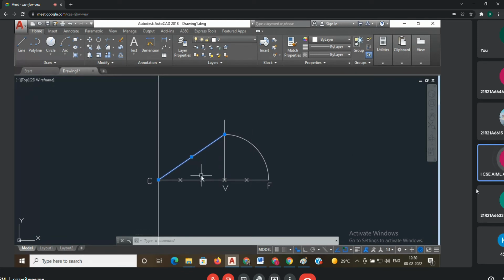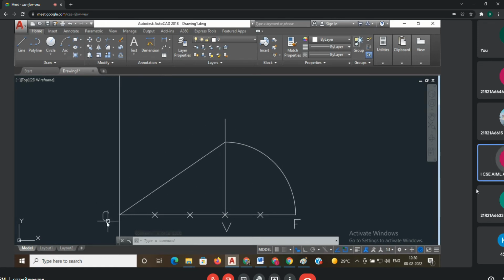Suppose this inclination is increased. Suppose like this. The line will be somewhere here, the vertex will be here, VF is the distance. Whenever the line inclination is increased, automatically you are getting an open curve. You can guess from this also. But you don't need to measure the angle and all. Just draw the line from C to E. From C to E, you have to draw the line.